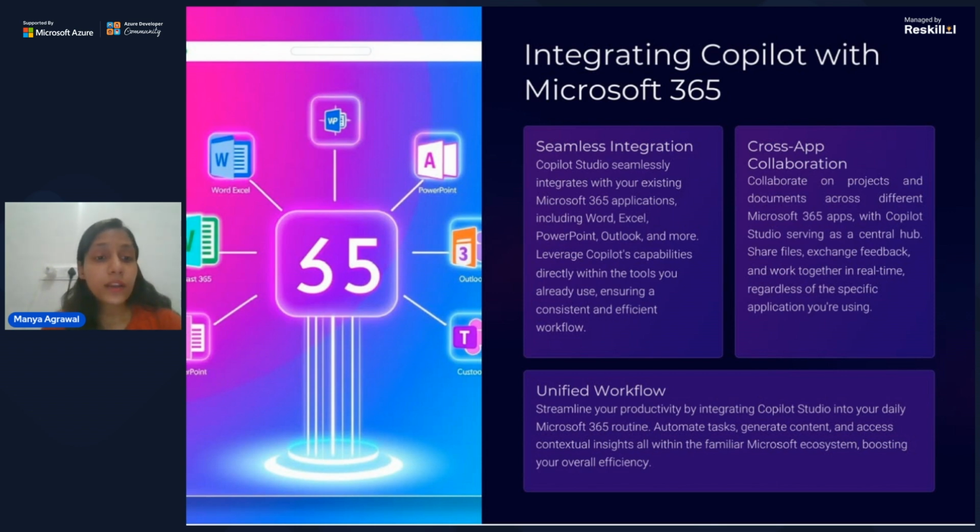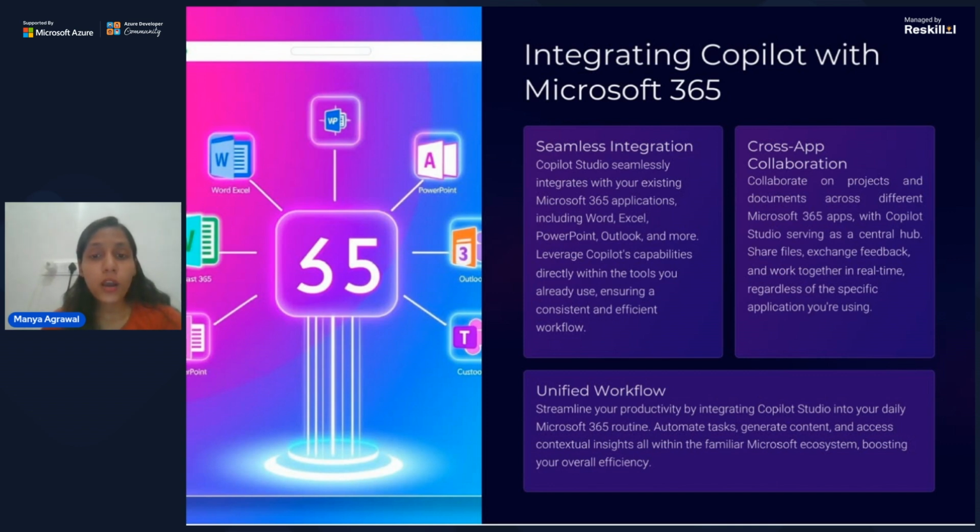In this, you can work together on PowerPoint, Outlook, Word, Excel, and you can do editing, creating, manipulation, various things. Leverage Copilot capabilities directly with the tools you already use, ensuring a consistent and efficient workflow.